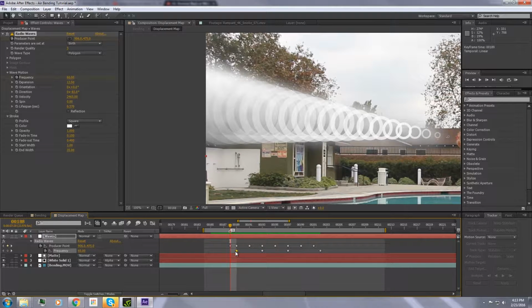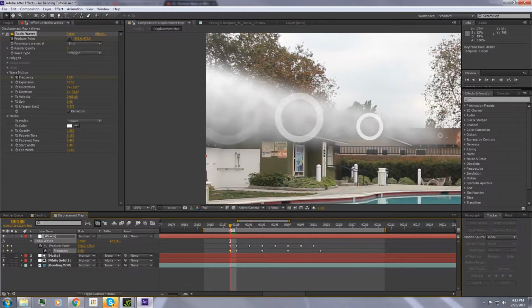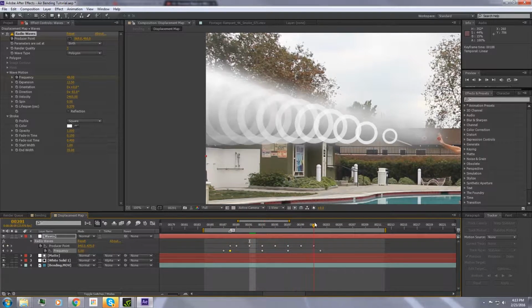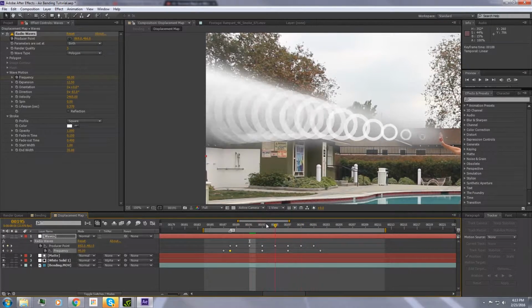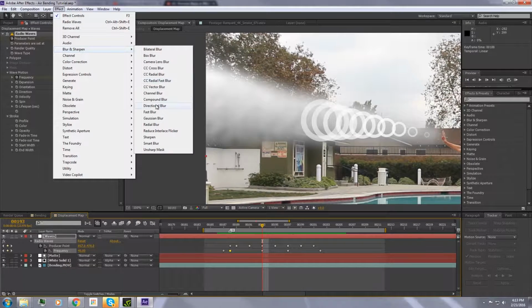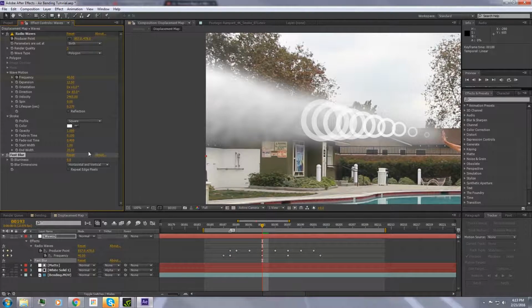And actually we'll also bring the 60 over here, and then we'll bring our frequency down to 0 on the frame before. So then we hit, and then start to get those. Actually, maybe even move this back, 60 back here. So then right when we hit, we start to get these rings. Also go in here, we'll do an effect. We'll blur and sharpen. We'll put a fast blur on this bad boy. Hit repeat edge pixels, and then